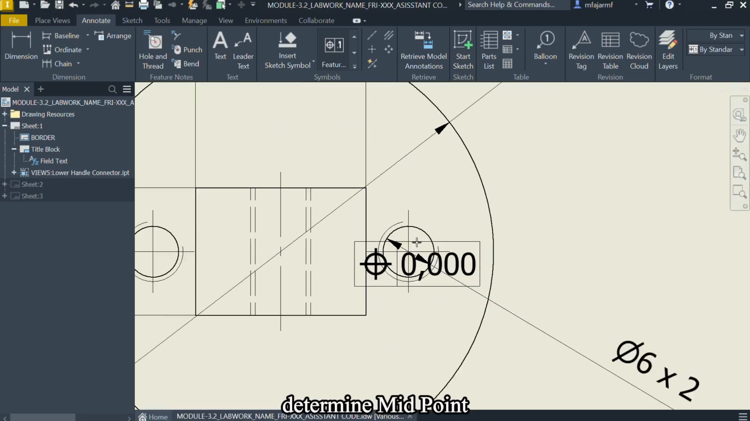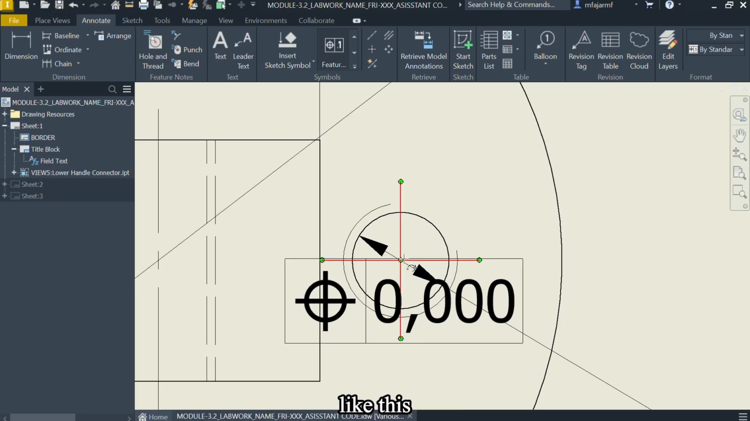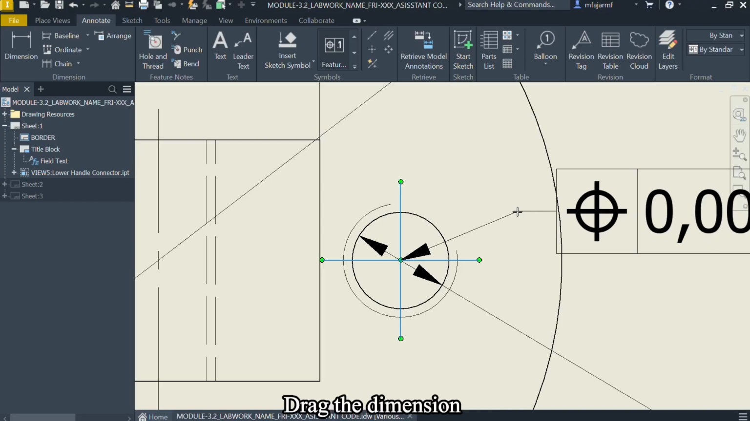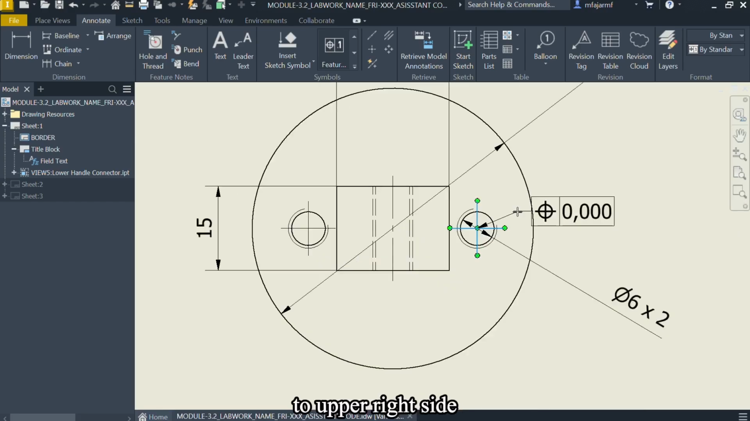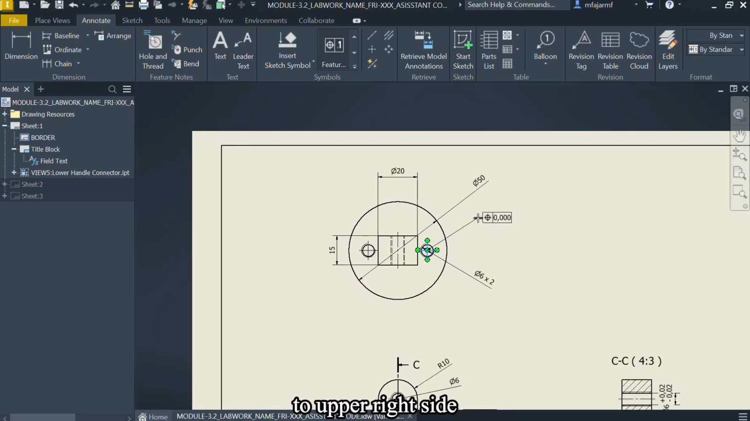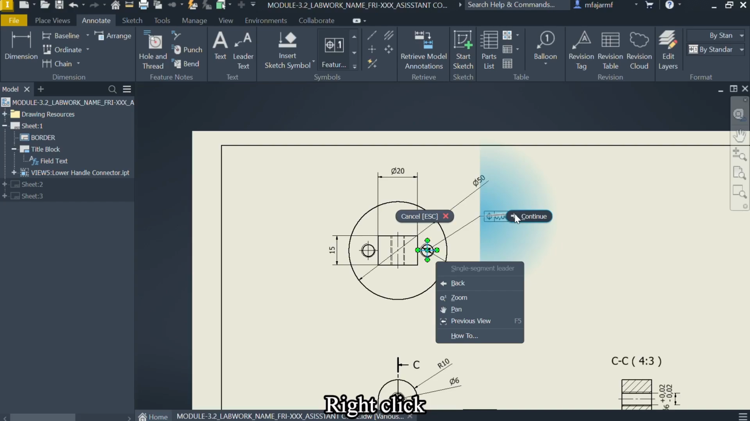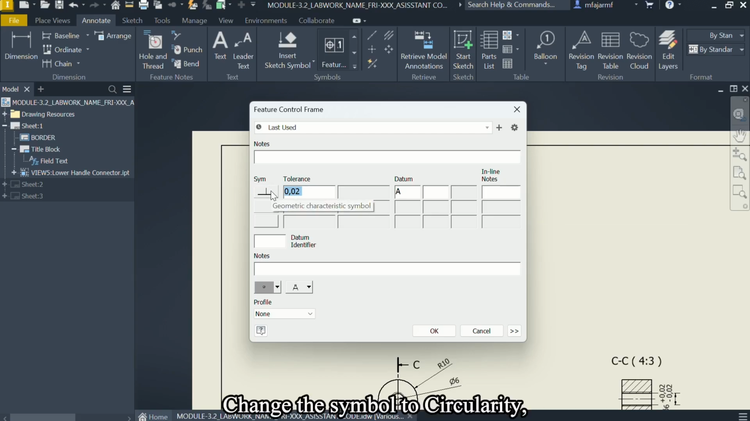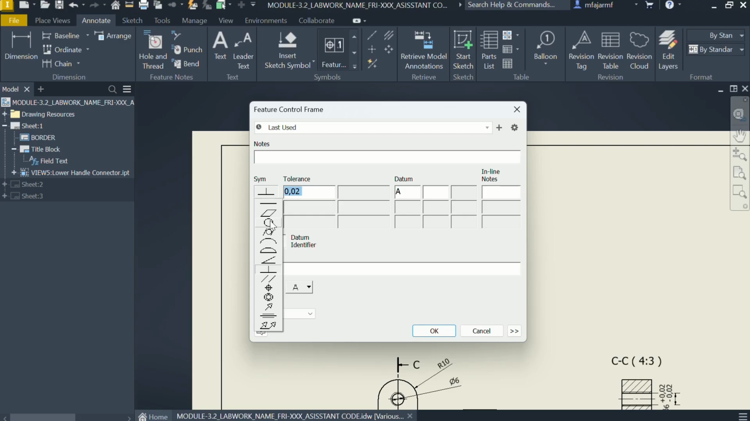Click on determine midpoint like this. Left click. Drag the dimension to upper right side. Left click. Right click. Choose continue. Change the symbol to circularity. Set tolerance to 0.01